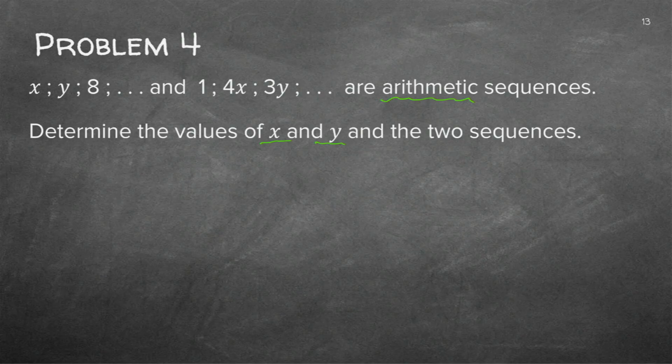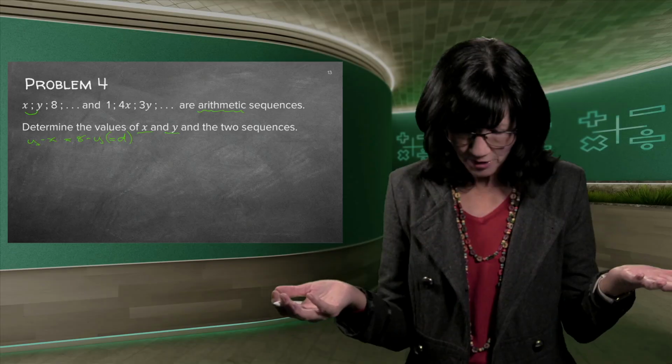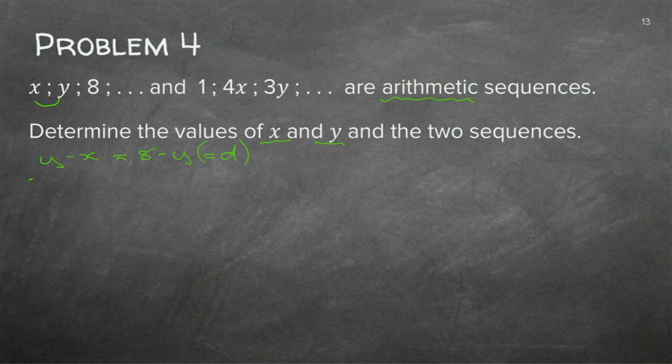If I look at those two, remember what is always important? The first term and the common difference. Now let's see. If I look at the first, right-hand side minus left-hand side, please do not switch that around, then you're not going to get the right answer, should be equal to 8 minus y, because that is actually equal to d. I'm just going to put that in brackets. So I worked out the d. But if I look at the left-hand side, I've got a nice equation. So I'm going to bring all my y's together. It will give me 2y minus x is equal to 8. So there I've got an equation.